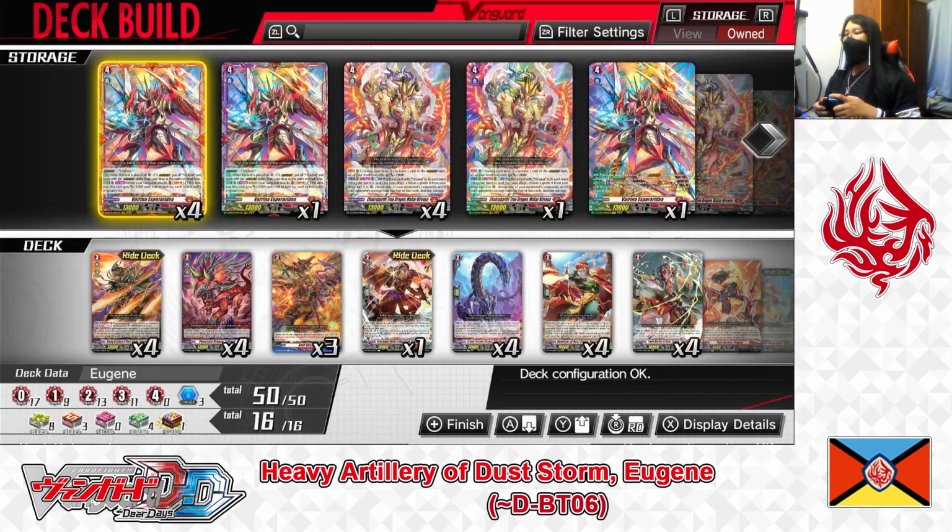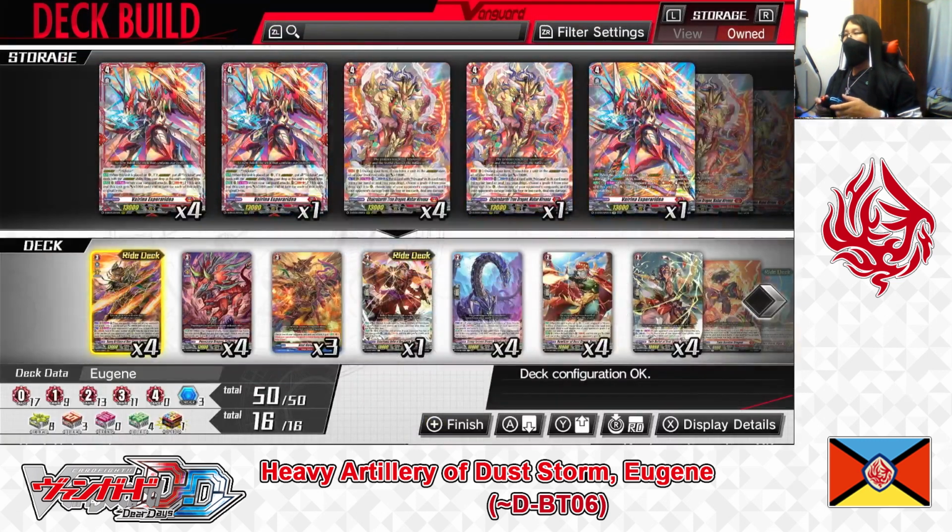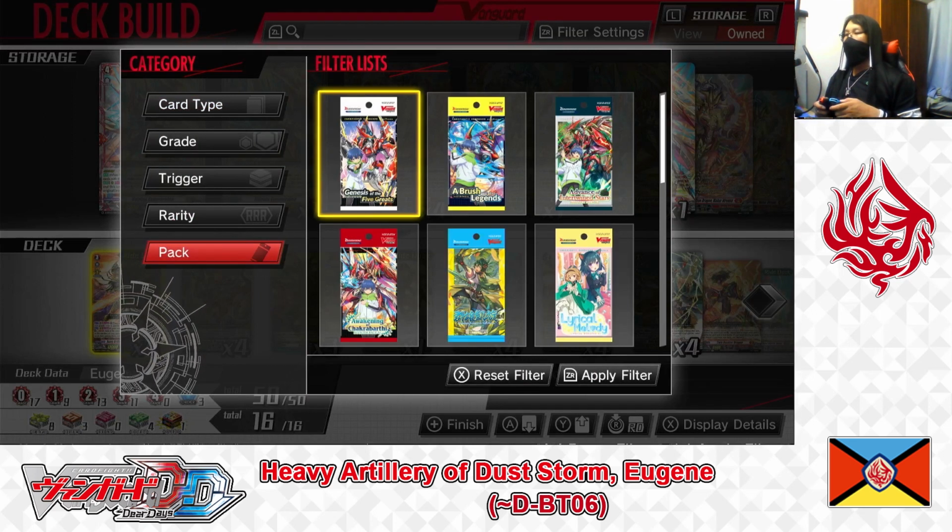Here we are in the edit deck menu, and like I just mentioned before, the deck I'm building for today's deck profile video is a Dragon Empires, Heavy Artillery of Duststorm, Eugene deck made up of cards only available up until D-BT06. So first up, let's go to the filter settings and to pack, show only cards from D-BT1, Genesis